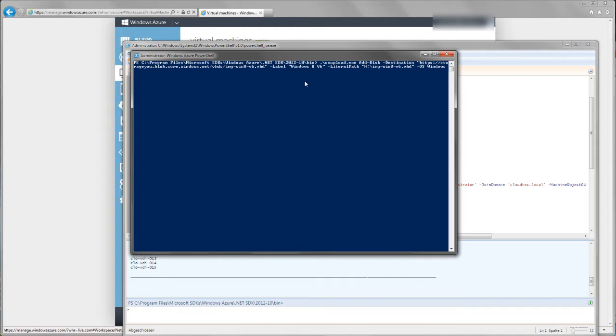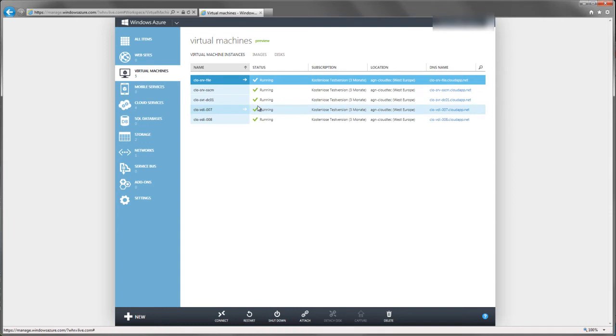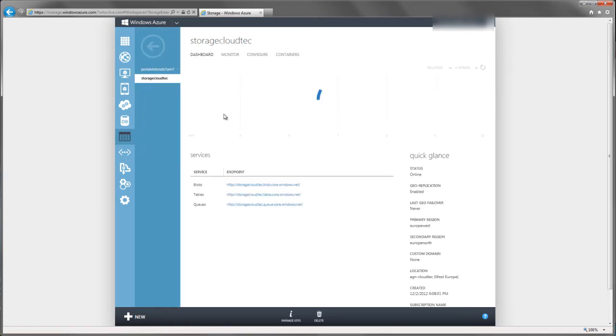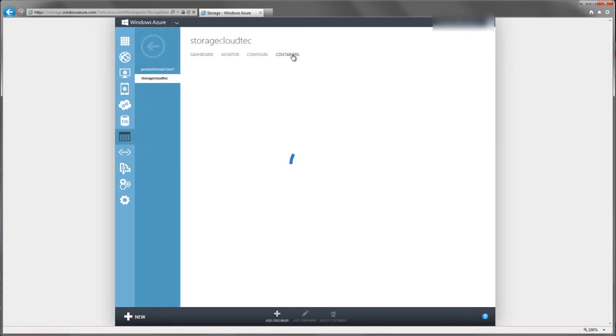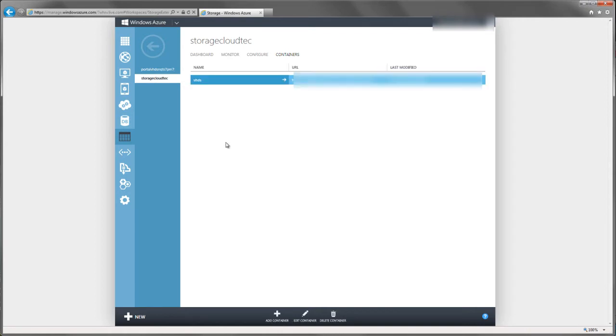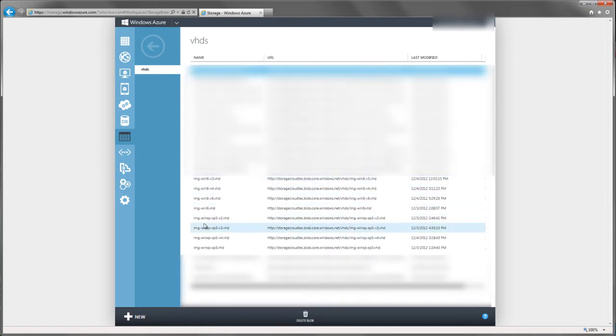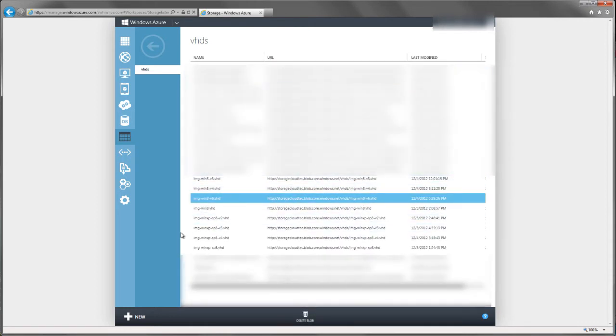I'm not gonna do this here because I already have done this, and it's on Azure, and you can see it in your storage group, and you have the containers where you can then find all your files that you have uploaded. So this one is here, and from this image file you then create a new machine,